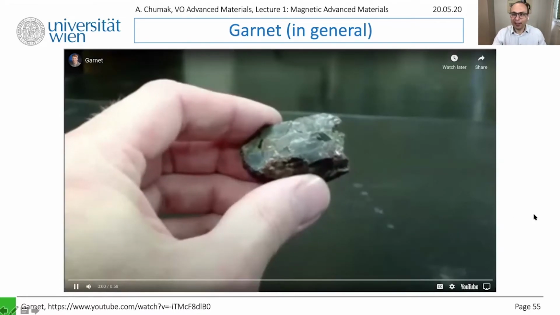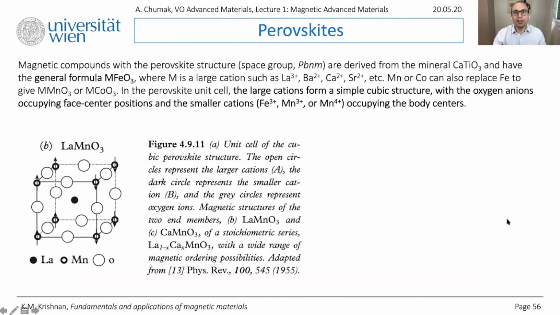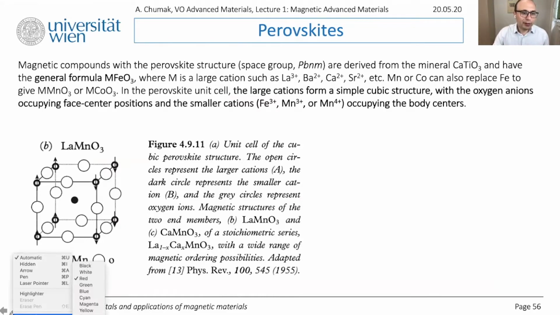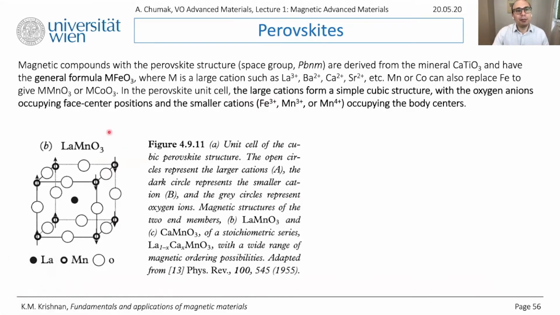This is garnet. To the structure named perovskites. Again, a new family of magnetic materials. Very interesting. There is a huge field of science nowadays which is investigating perovskites because of their rich physical properties. And these compounds are derived from the mineral